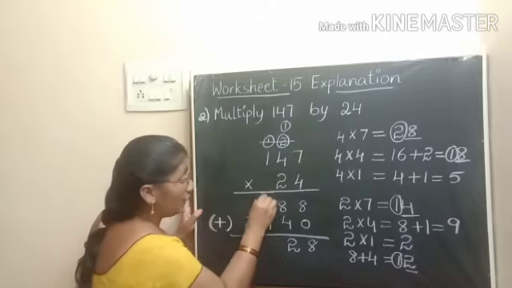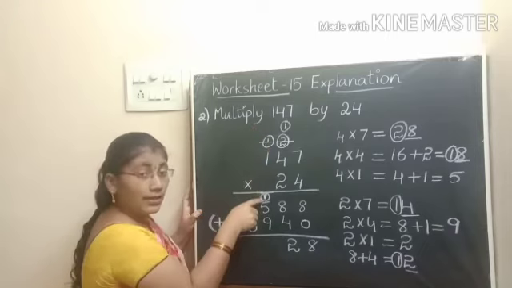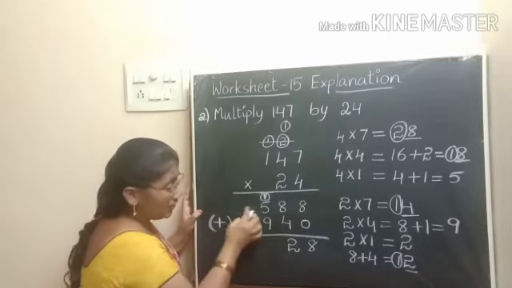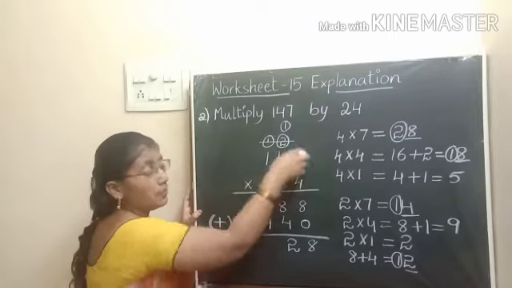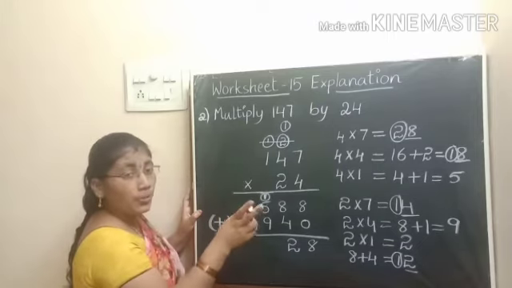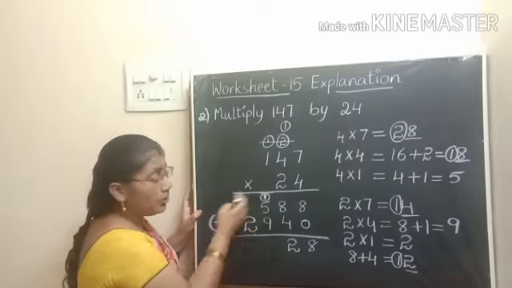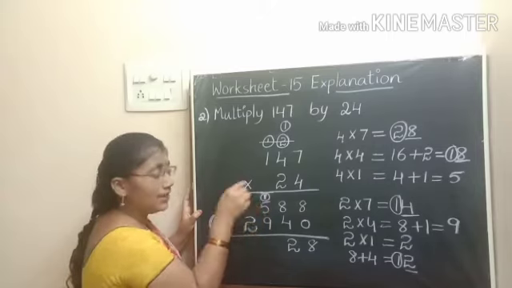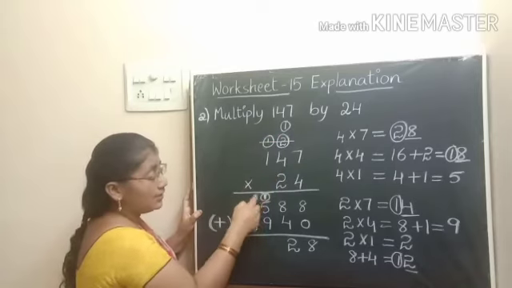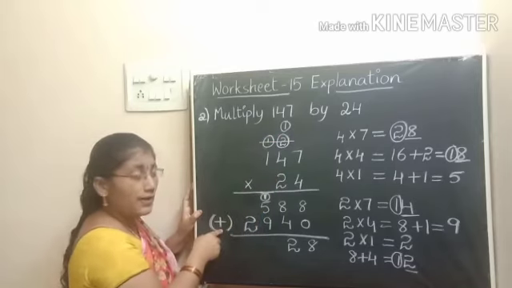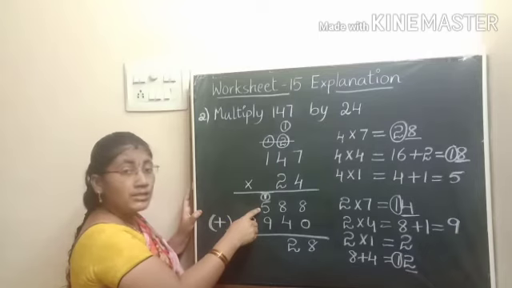We should write the carry here only. We should not write the carry there. We should take the carry here because this operation belongs to addition. This is the operation belonging to addition, but that was multiplication. Here we have 2 parts of operation. One is multiplication and another one is addition. So this carry belongs to addition. We should write this carry here only. Don't write it there. Okay, those carries belong to multiplication and this carry belongs to addition. Understood, children? Now add these digits. 1 plus 5. How much it is?